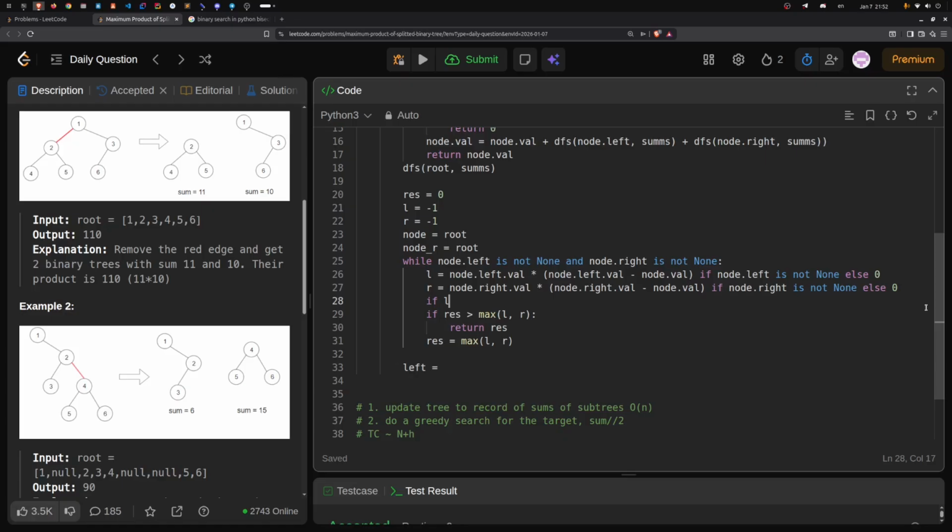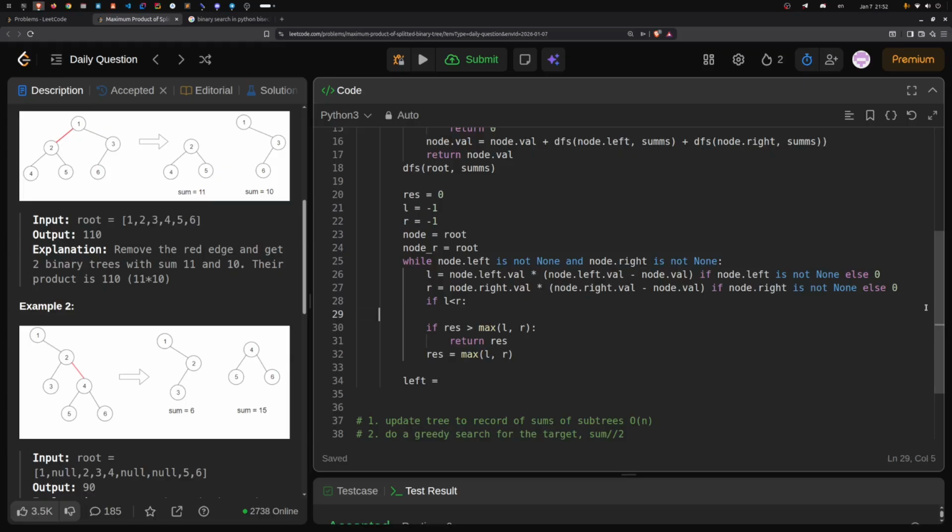And then if left is less than right, I'm going to go to the right. If left is greater than right, I'm going to go to the left part, and then else